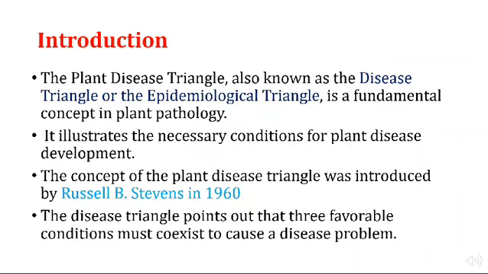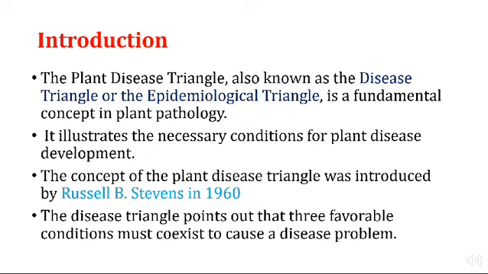The plant disease triangle, which is also known as the disease triangle or epidemiological triangle, is a fundamental concept in the study of plant pathology. It illustrates the necessary conditions for plant disease development. This concept was introduced by Roosevelt B. Stevens in 1960. The disease triangle points out that three favorable conditions must coexist to cause a disease problem in